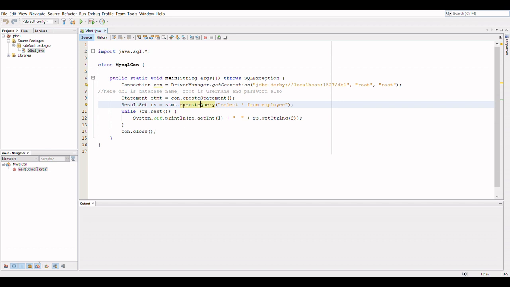We can use the executeUpdate command when we are doing any updation, insertion or deletion in our database table. Then we get the result in rs, which is the ResultSet object, and with the help of the next method of ResultSet we are printing the result by using the getInt and getString methods. The last step is to close the connection.